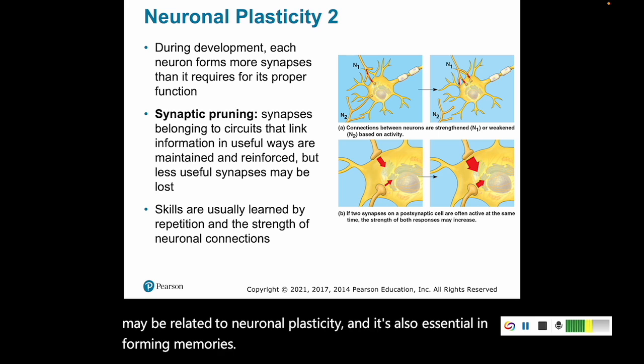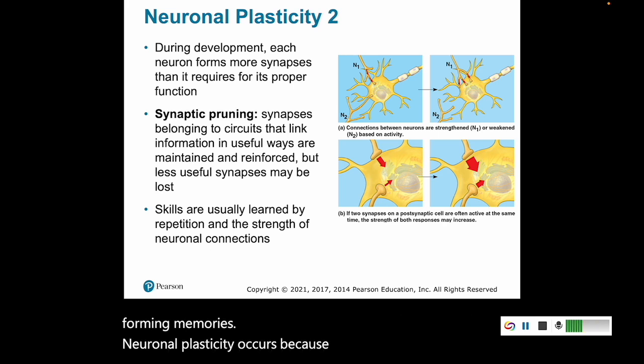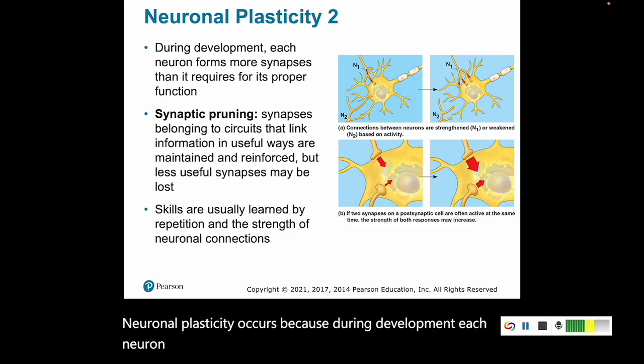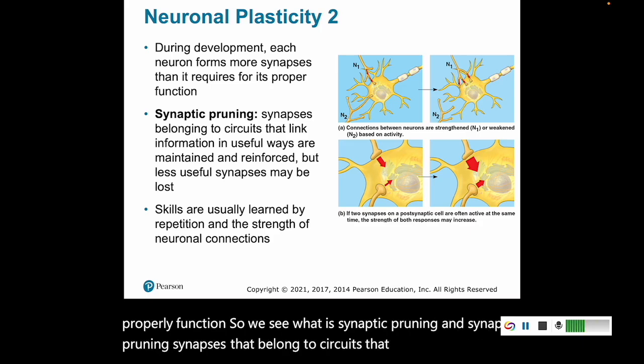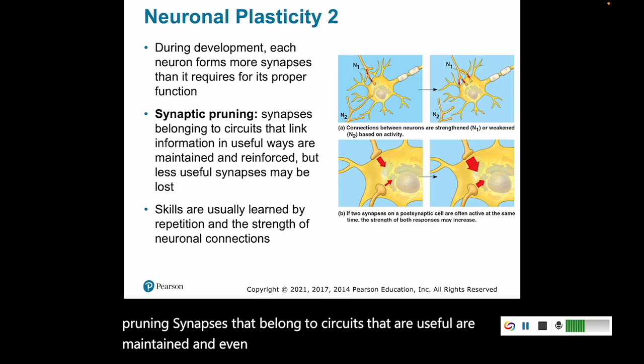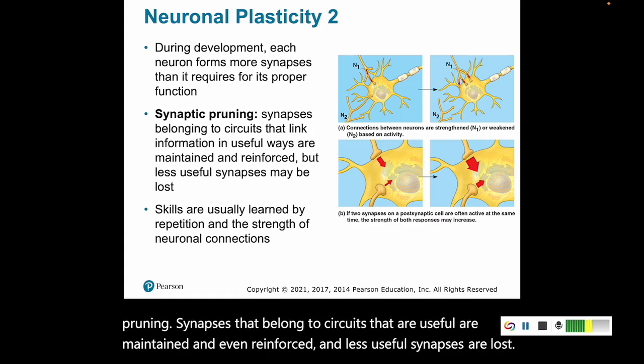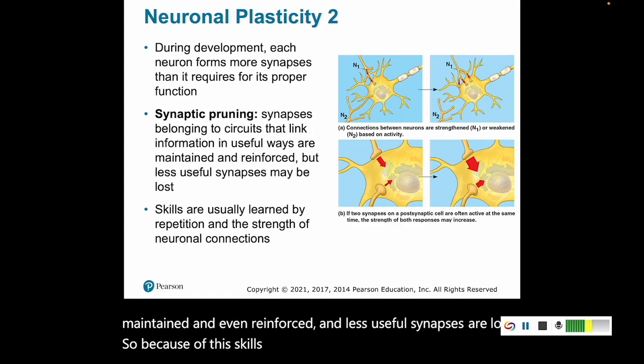Neuronal plasticity occurs because during development, each neuron is going to form a lot more synapses than it needs to properly function. So we see what is synaptic pruning. In synaptic pruning, synapses that belong to circuits that are useful are maintained and even reinforced, and less useful synapses are lost. So because of this, skills that you learn are usually learned by repetition and based on the strength